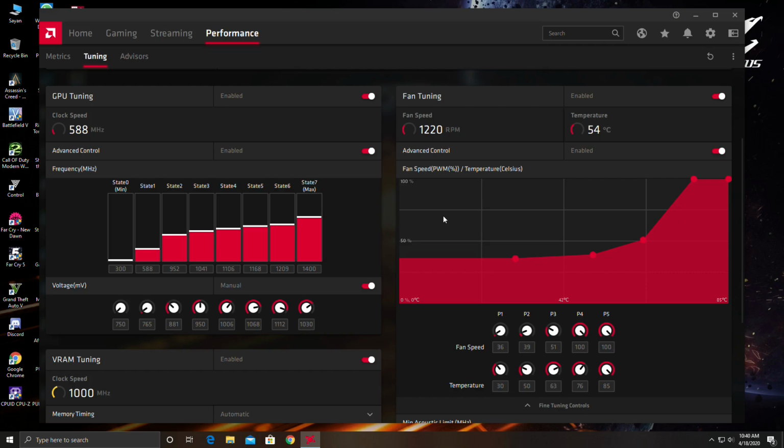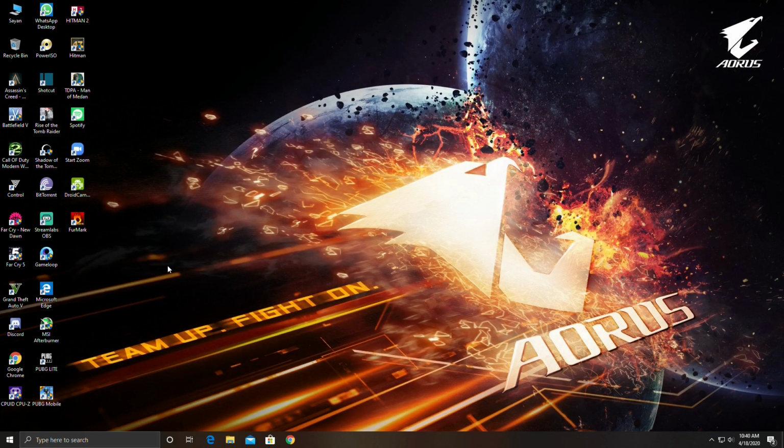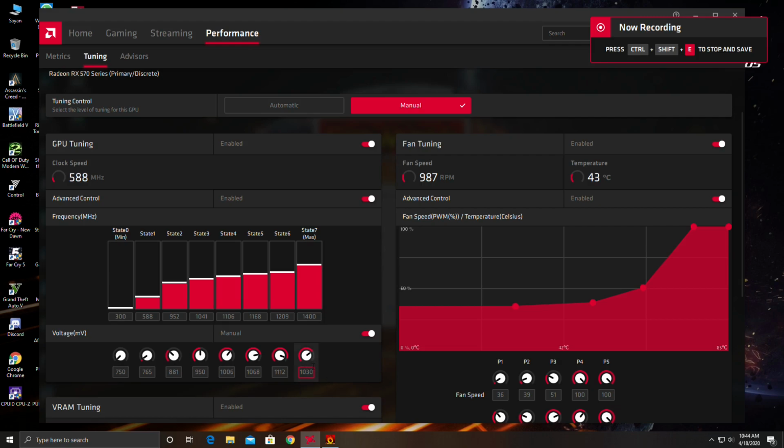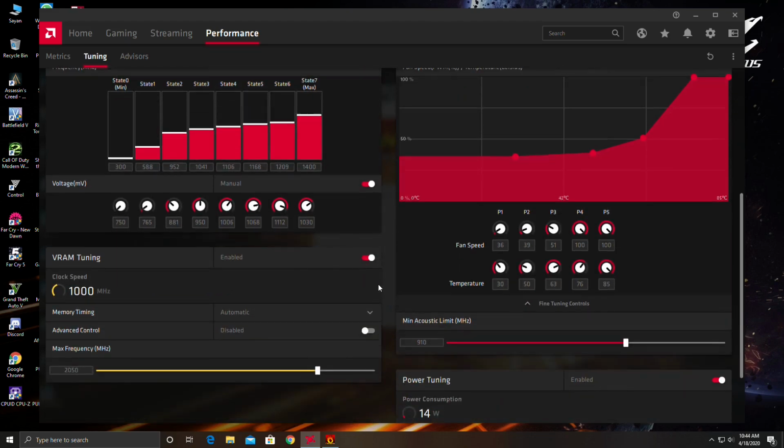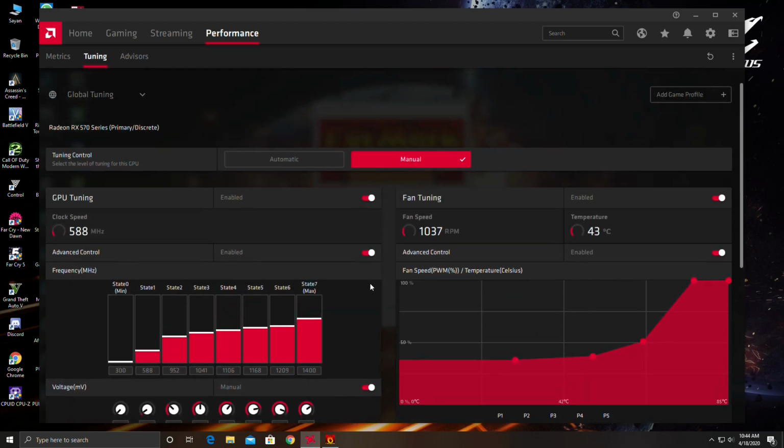If your power limit is set to 50, you don't need that much voltage to run the GPU at this frequency. If you are giving less voltage to your GPU, then it will also produce less heat. We don't want our GPU to be heated very much, so we will not give more than this voltage. More voltage won't give you extra performance either, so that's the only reason we have set it to 1030 millivolts.